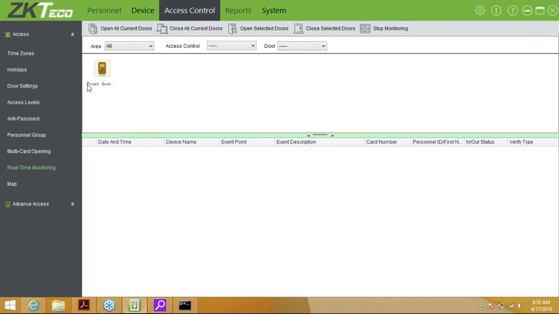Now, the color of the door might change depending on if you have a door sensor added to your unit, or if you set it up like that. We will get to that. Let's discuss the real-time monitoring while we are here. So basically, all clock-ins or clock-outs will appear here on the system. So for example, if a user comes to the software and they put their finger down,